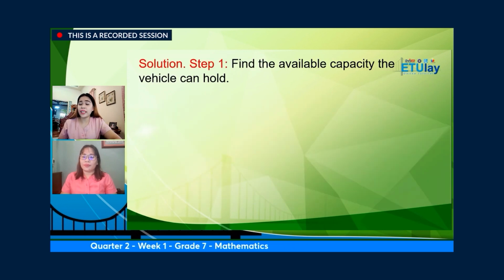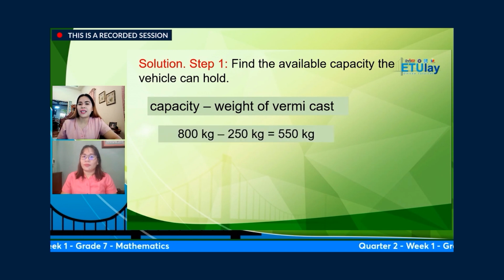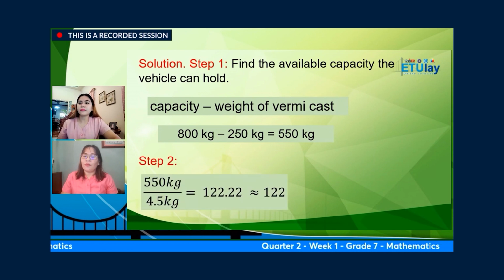Okay, for step 1, we have to find the available capacity the vehicle can hold. So that would be capacity minus the weight of vermicast. So we have 800 kilograms as the capacity minus 250 kilograms as the weight of vermicast. So that would be 550 kilograms. For step 2, we're going to divide 550 kilograms by 4.5 kilograms per plant, which is equal to